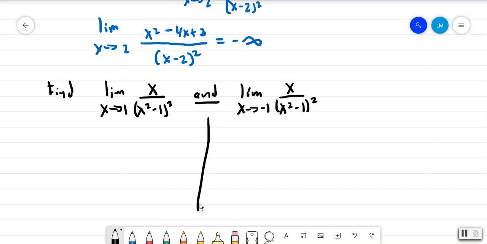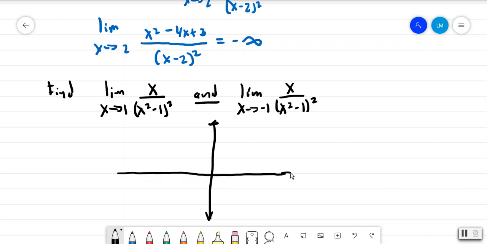So if we look at the graph, there are two asymptotes, one at negative 1 and one at 1. Now, if I go ahead and draw my graph of this equation,